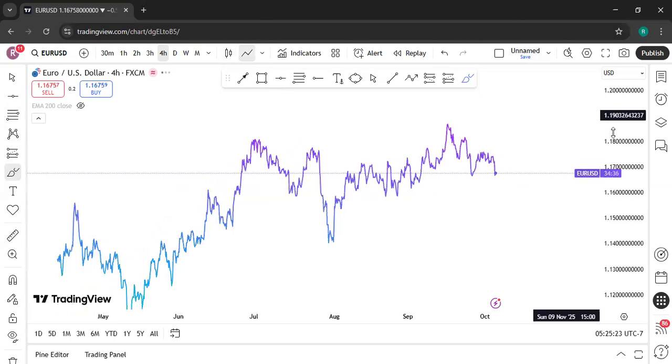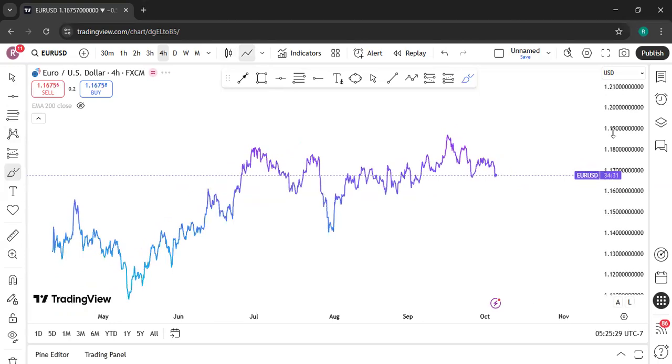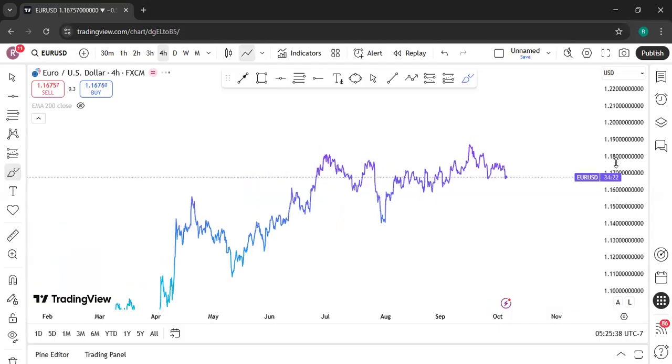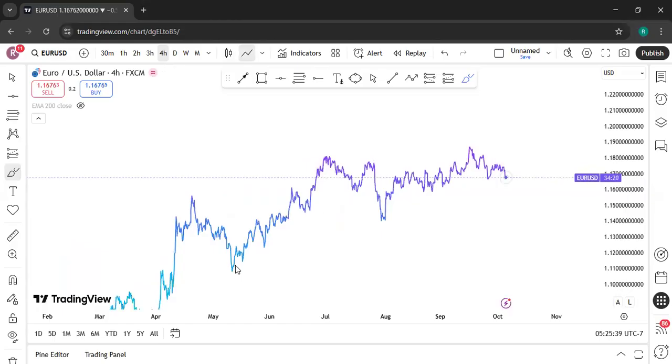Where did the market start reacting from? Where did buyers come in to buy from? Where did sellers come in to sell from? So these are key reversal points, obvious ones. You can see there are so many in between here and there, but you want to pick out only the most obvious levels, right? And when you do that, you take your horizontal line and place it where you have